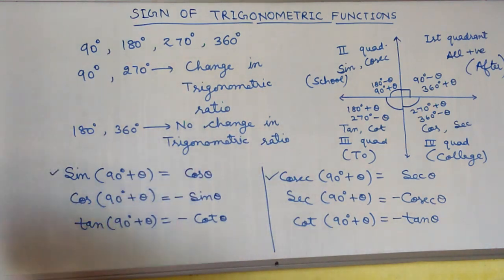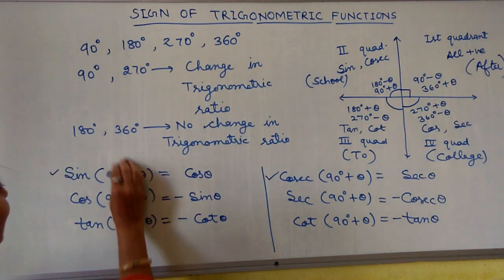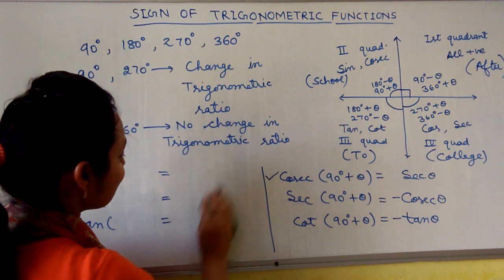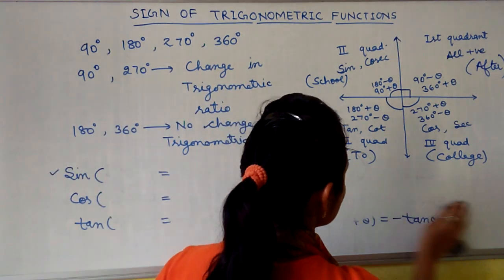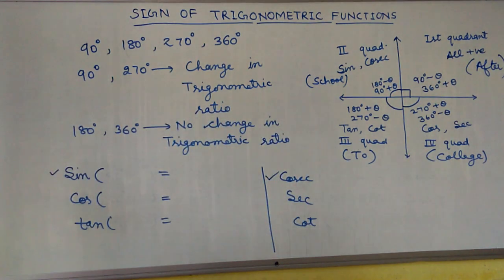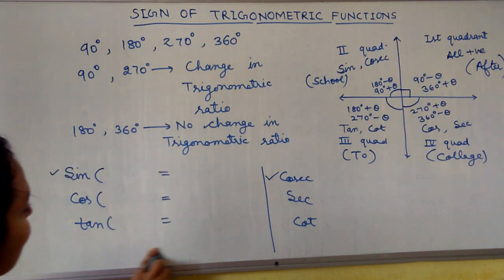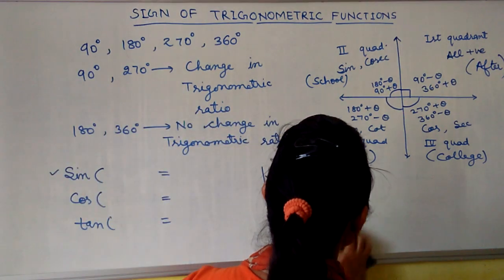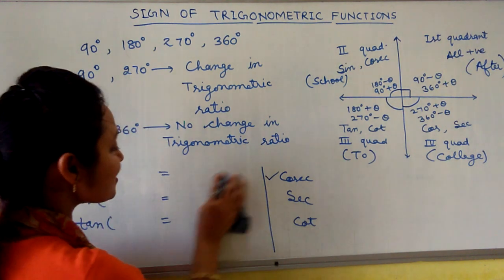Now come to 180 minus theta. How can we change 180 minus theta? I will take the value of 180 minus theta. How will the value change in that quadrant? So let's go for those quadrants. That is easy to learn, because at 180 there is no change in trigonometric ratio, that means there is no change in any trigonometric ratio. How is there no change?